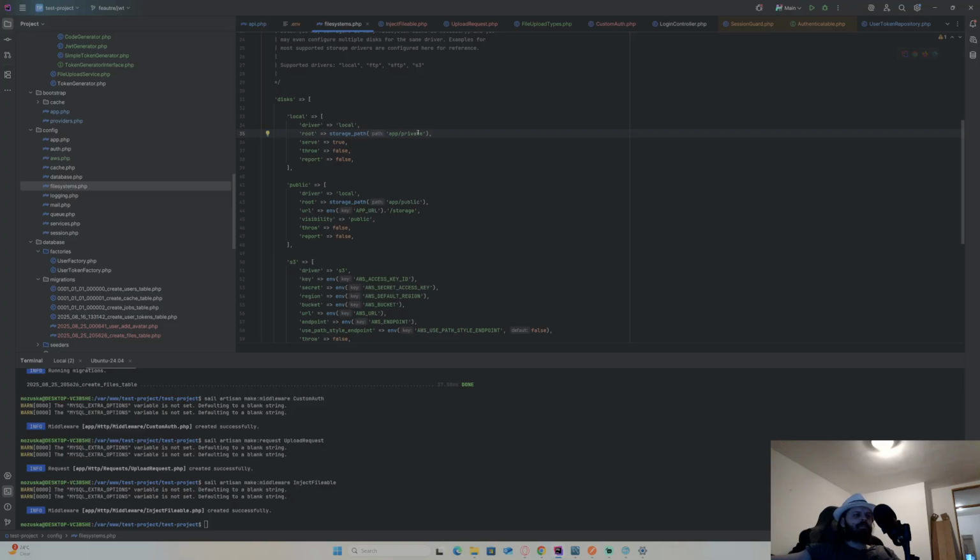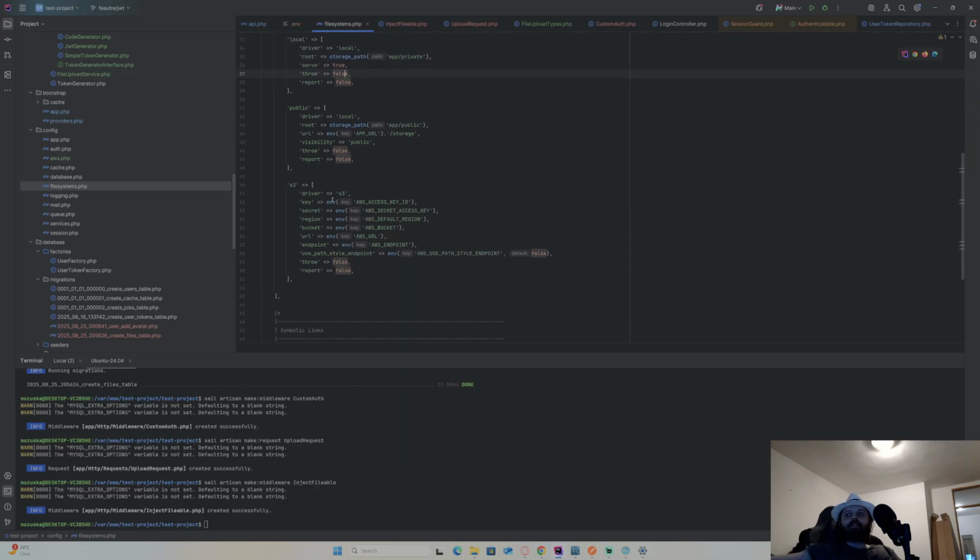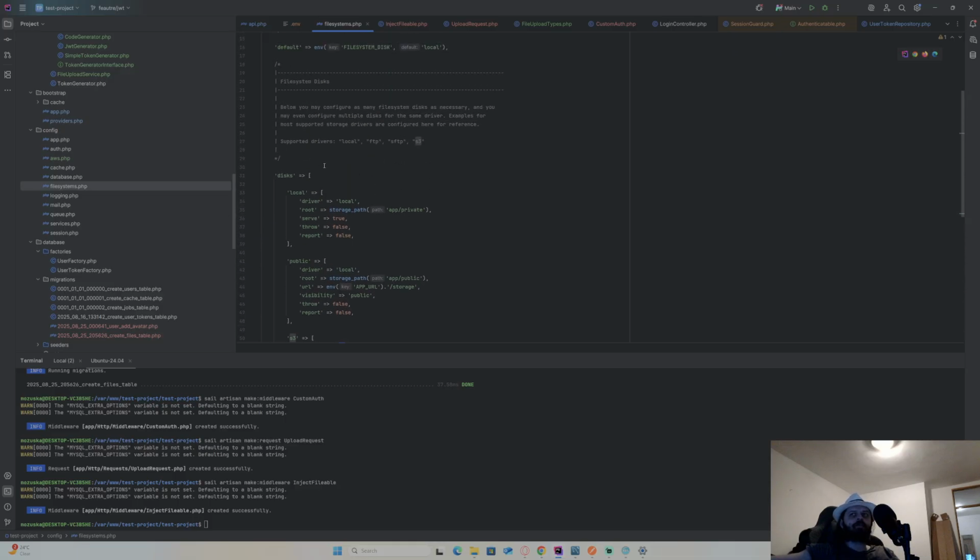So if I just use this default disk, it will apply to private, to this directory basically. If I do S3, I think this will work, right? Because I have all these set, so I could just set this to S3, and the entire logic will stay exactly the same, just now S3 will be used as the file storage service instead of the local machine.